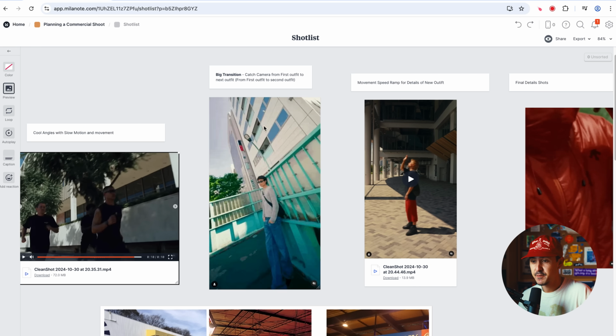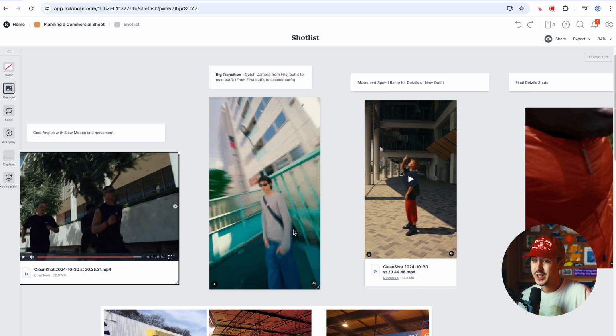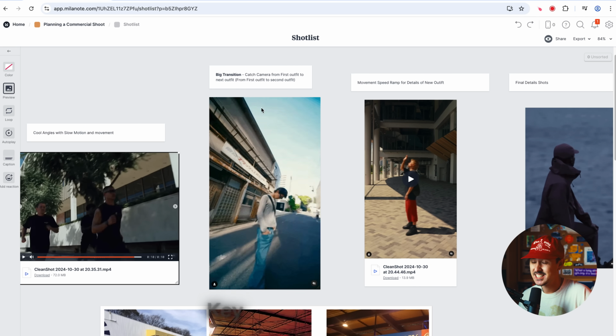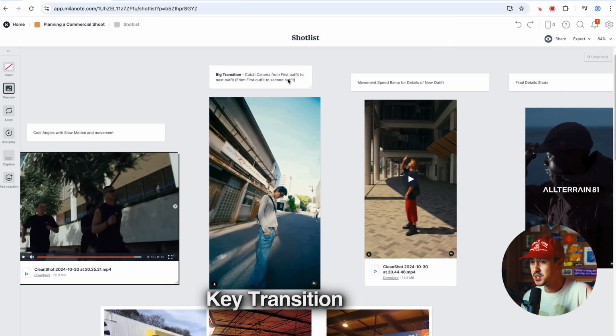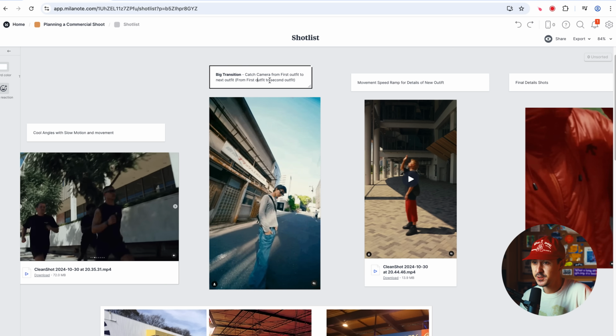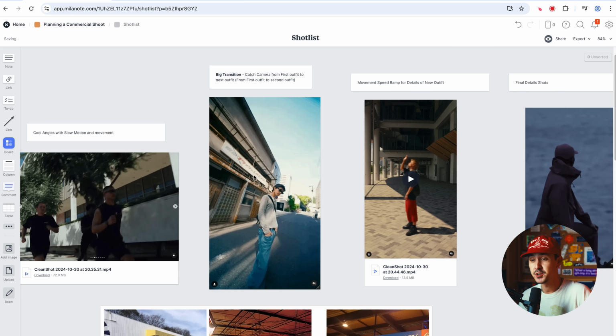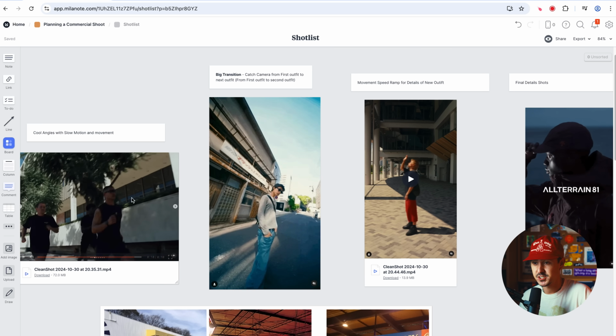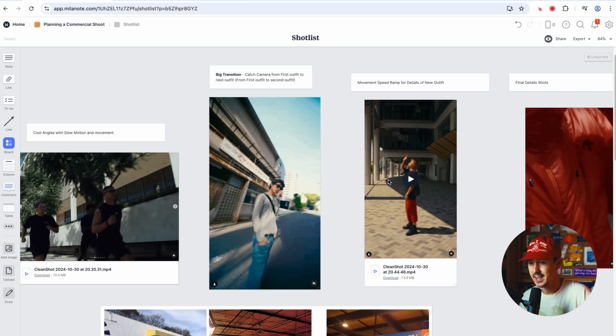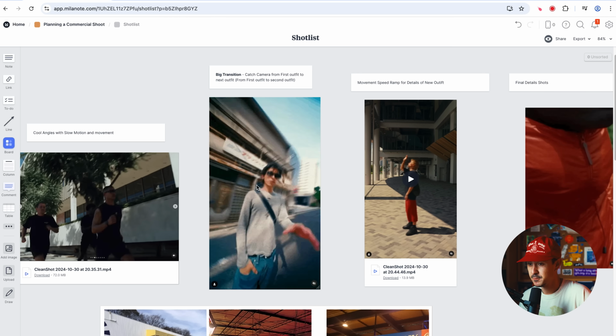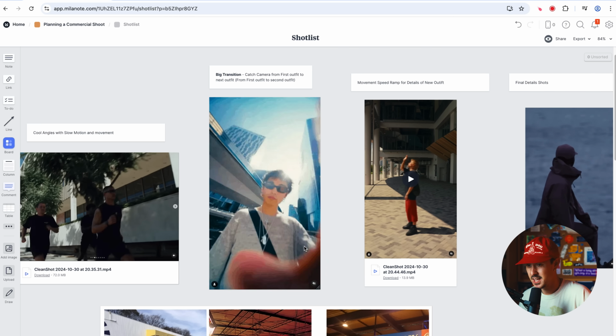Moving along, this is a reference from one of my old videos where I have Cody actually catching the camera. And this is a key big transition that I wanted in the very middle section from the first outfit to the second outfit. And I wanted this transition really to be the bridge between the two outfits, because this New Balance shoot basically had two separate outfits that we wanted to highlight. And so I wanted to start in the first outfit, and as he caught the actual camera, be in the